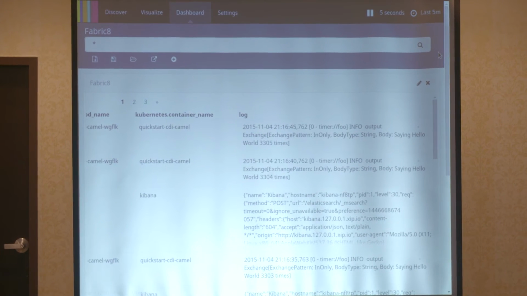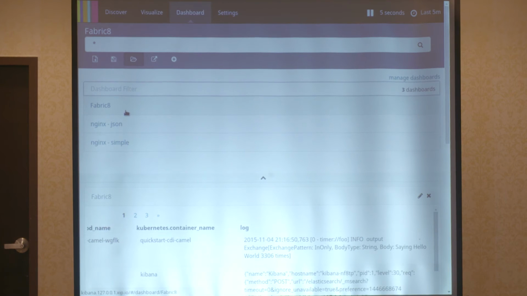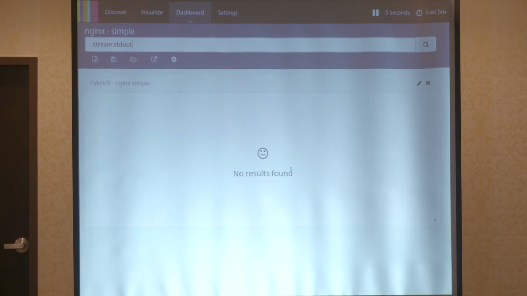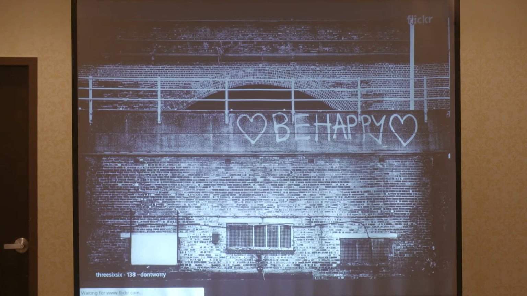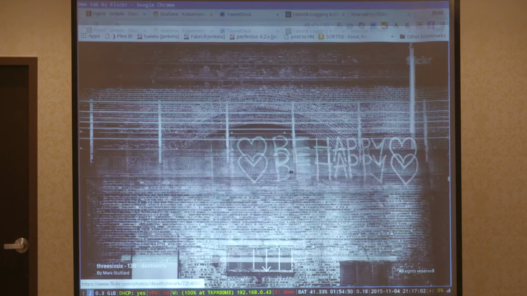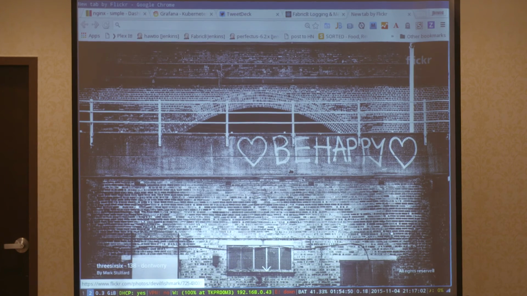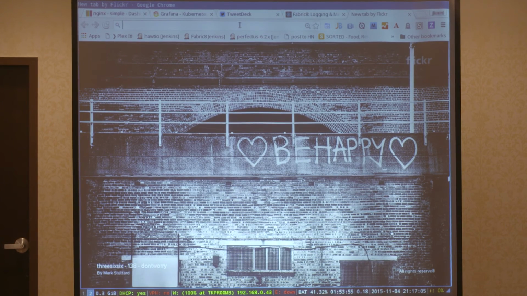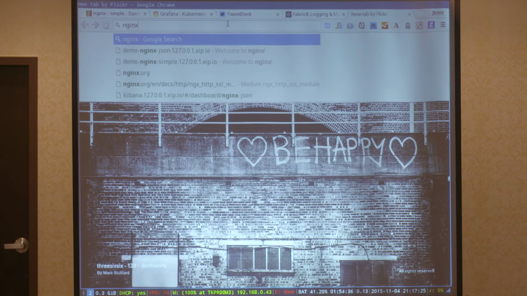Now, if I skip to another dashboard, there's no results because I've got to do something that I've forgotten. And now I can't see where it is. Oh, I shouldn't show you these things. Don't worry about that. It's nothing. That's just a random photo from Flickr, right? And I'm glad it's that and not other things that come up, right? So I'm going to disable that now. Right. Now I've just got embarrassed.